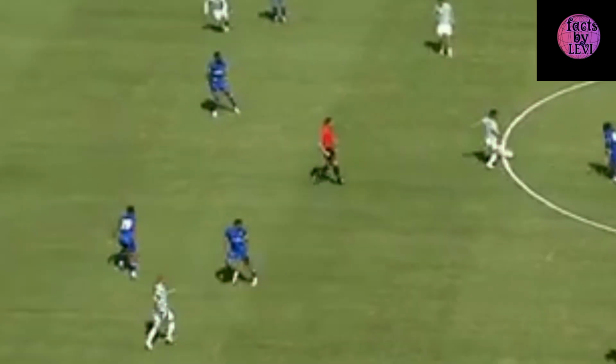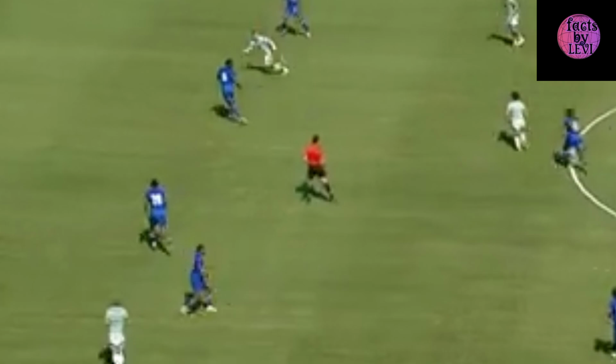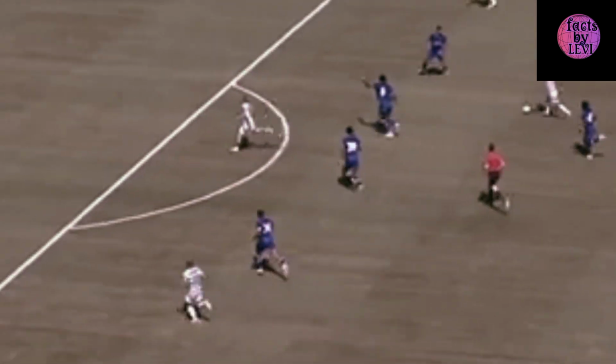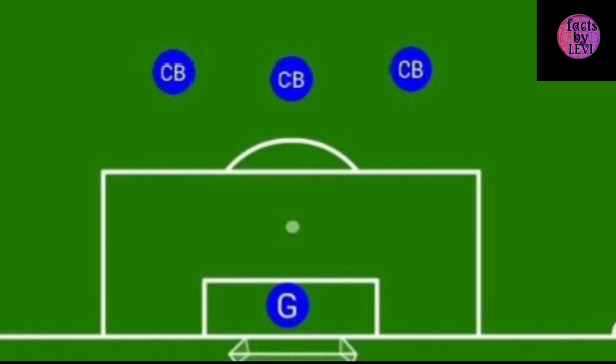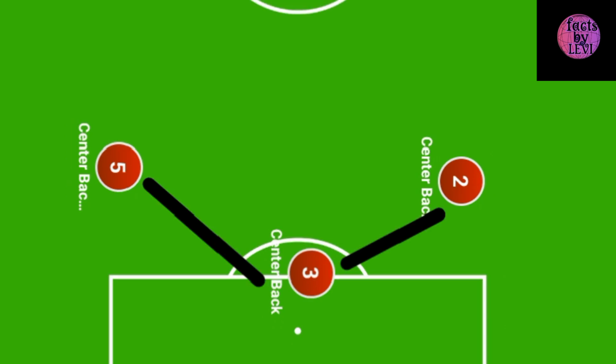This lack of defensive cohesion allowed 4 dangerous runs from Celtic players to exploit us. The spread of centre-backs in a 3 centre-back formation actually depends on the specific tactical approach of the team. Either the 3 centre-backs are positioned at equal distances from each other across the defensive line, which will provide a balanced and solid defensive structure, or one centre-back is positioned slightly deeper than the other 2, creating a more central